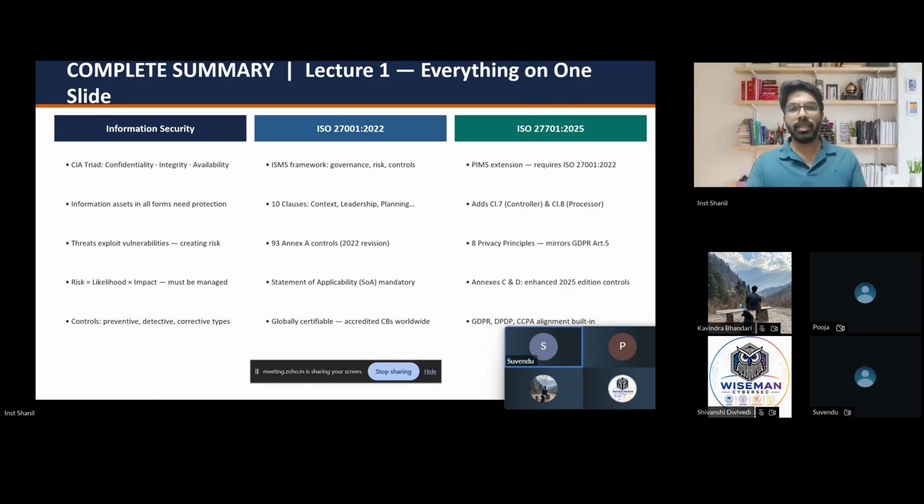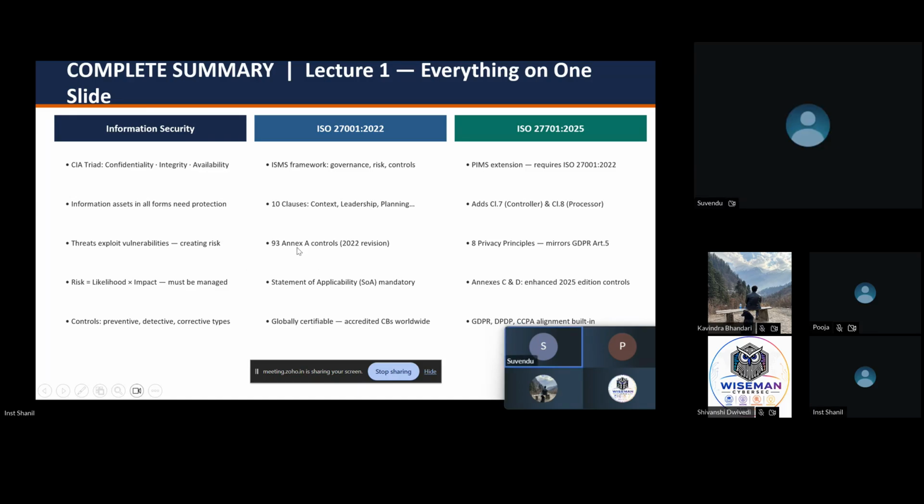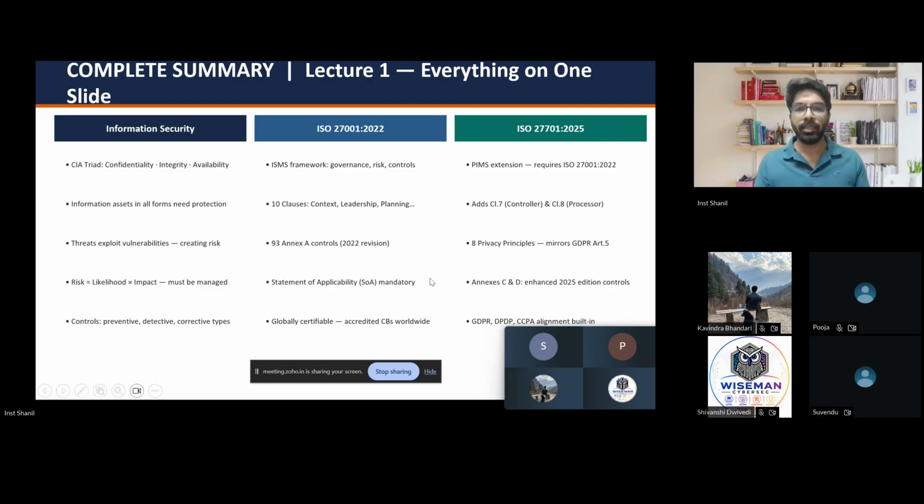So the statement of applicability is the main document under ISO 27001 implementation, which lists all the 93 controls, and you have to provide applicability or non-applicability along with a reason for each of the controls. While implementing ISO in your company, you will need to prepare a statement of applicability of all the controls. But it's not mandatory that